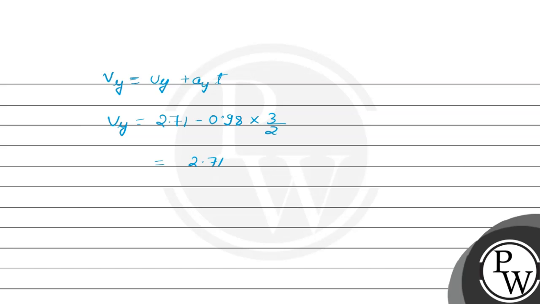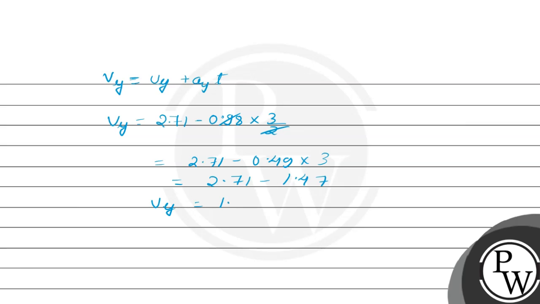This is 2.71 minus 0.49 into 3. This 2 will cancel 0.98 in 0.49 times. So 2.71 minus 1.47, and upon solving you will get